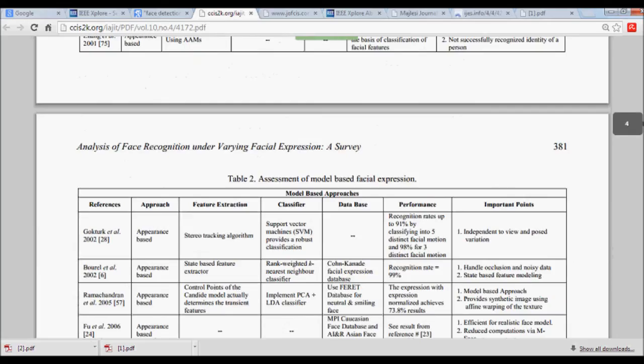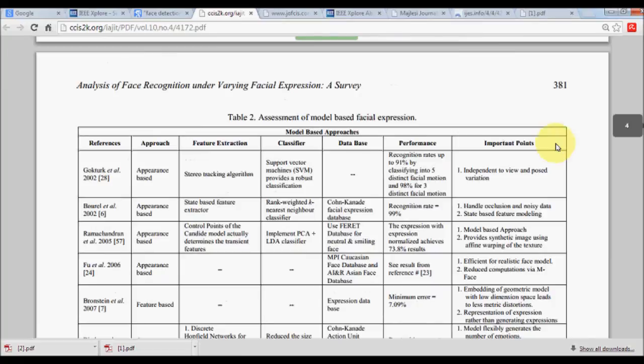So you could note down, if you can see that recognition rate is 91%, recognition rate is 99%, recognition rate is 73%. So one of the drawbacks of this paper is, as I can see from the onset, that it has not been able to put forward the recognition rate and the recognition time, the time it has taken for this many faces to be recognized, or the amount of training it had required per test set. So